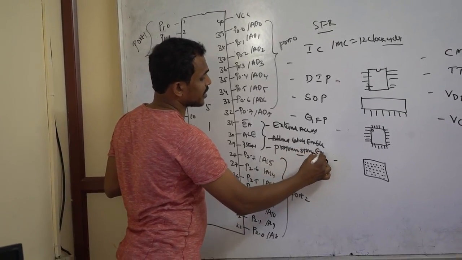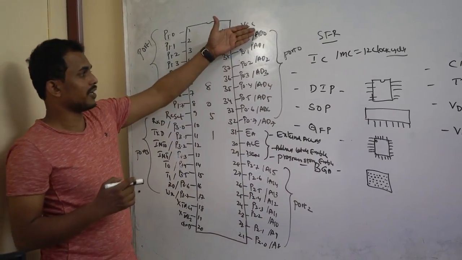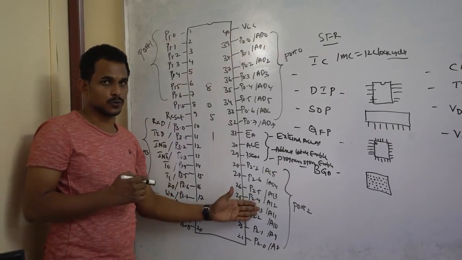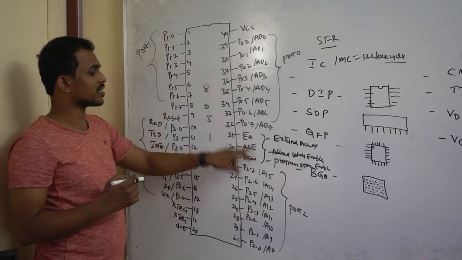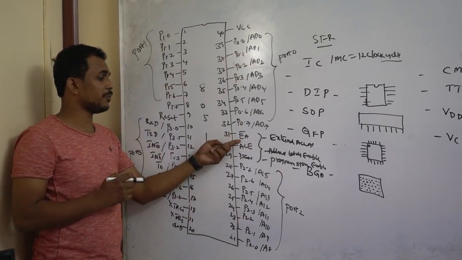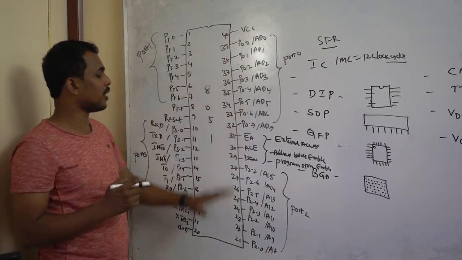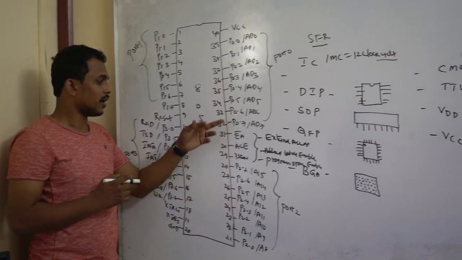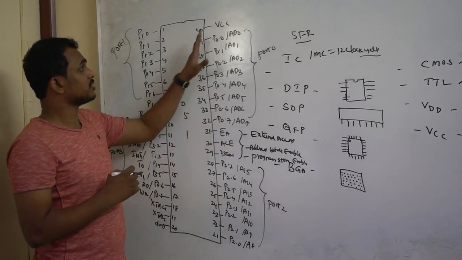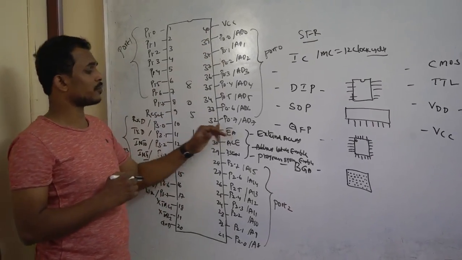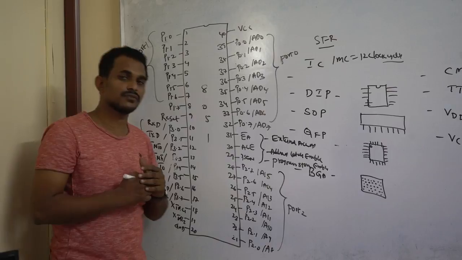The importance of these 3 lines is that they are used for the alternate functionality of port 0 and port 2. So this alternate enabling of address and data lines is done with the help of these 3 control lines. Whenever we make this EA pin high, the pins from 39 to 32 and 21 to 28 act as IO pins. Whenever you make the EA pin 1, the pins are used for IO, and whenever you make it ground, then the pins work as address and data lines. So that is the differentiation for your EA pin.